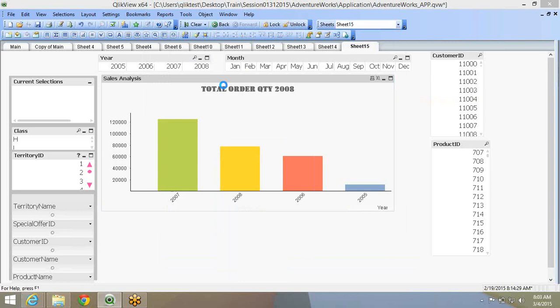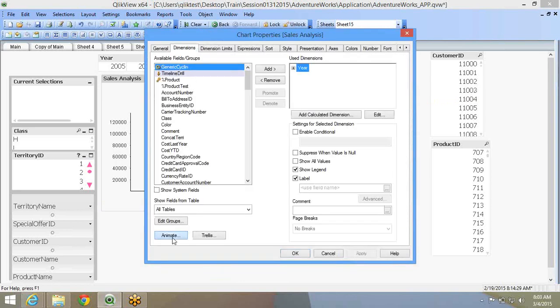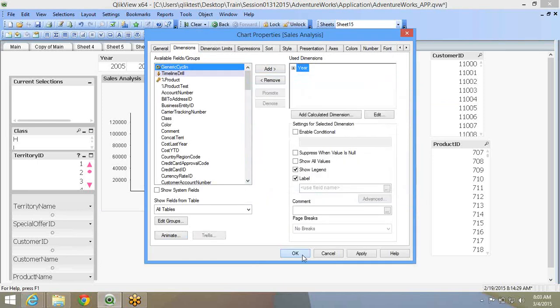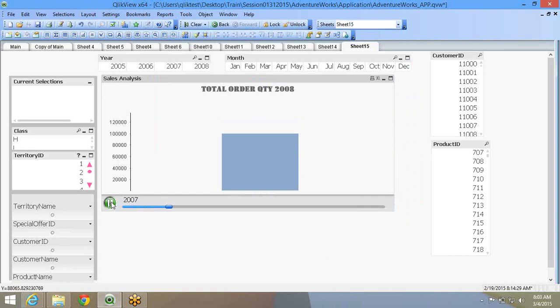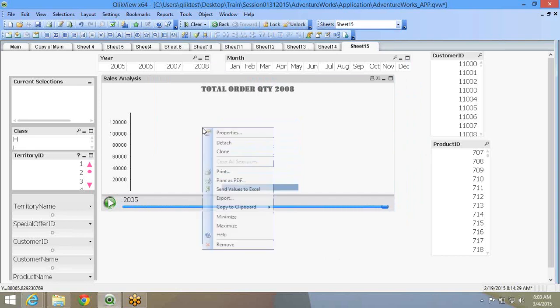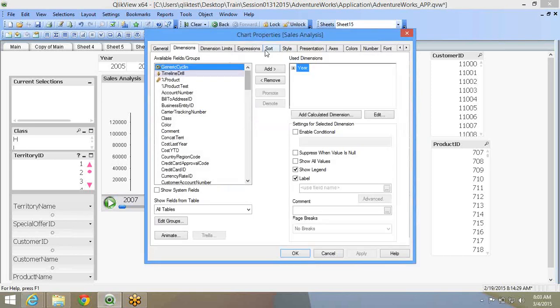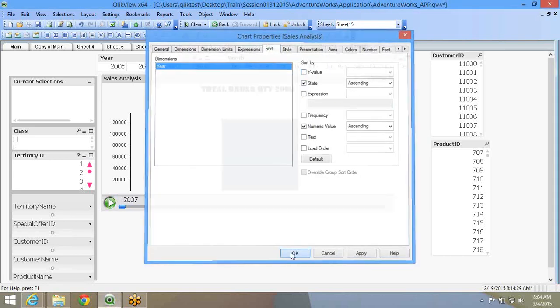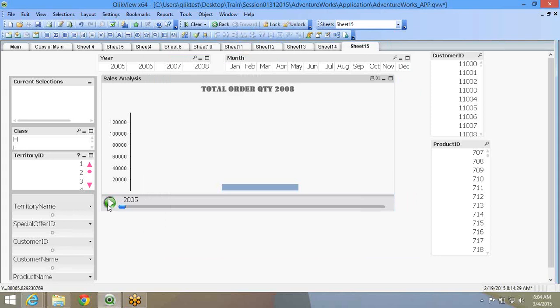Over here, if you go to the dimensions tab, there's something called animate. If you enable this animate, for the first dimension, it will animate the way your data flows. There's no special use case for it, but if you have it, you can build it. Basically, if you sort your values accordingly, not by y value but by numeric value, the value will start from 2005, and go to 2006, 7, and 8.